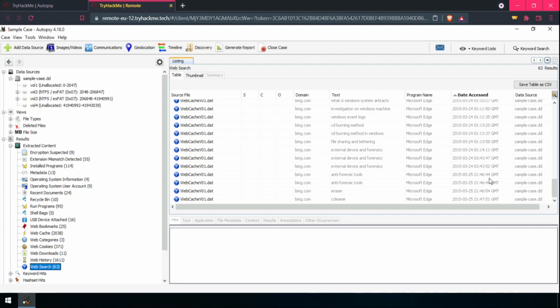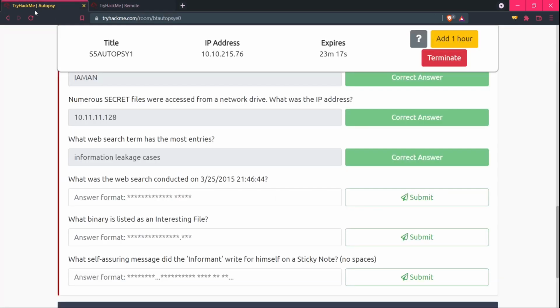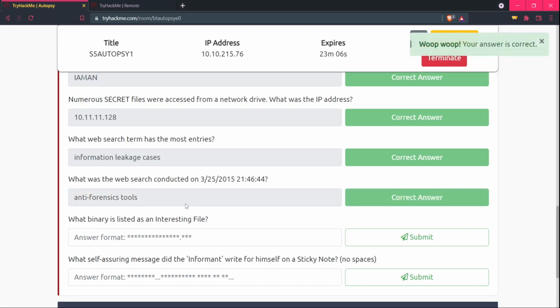We see 2 instances at that time, and both instances are the same, that is anti-forensics tools, which was searched on bing.com. So that means our answer is anti-forensics tools. So that's correct.